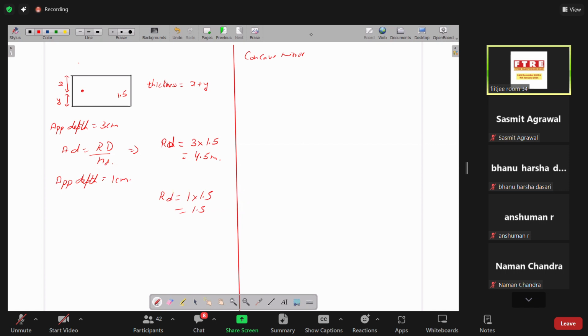Okay, ठीक है. An object is placed in front of a concave mirror at a distance of x from the pole and gives a 3 times magnified real image. So magnification is given to be -3. Now, if it is moved to a distance of x plus 5 centimeter, they have not mentioned towards or away,